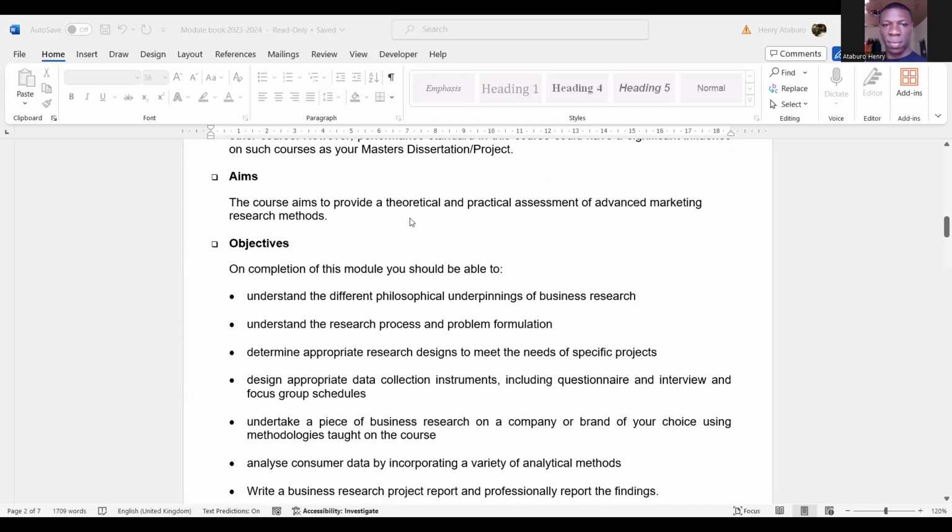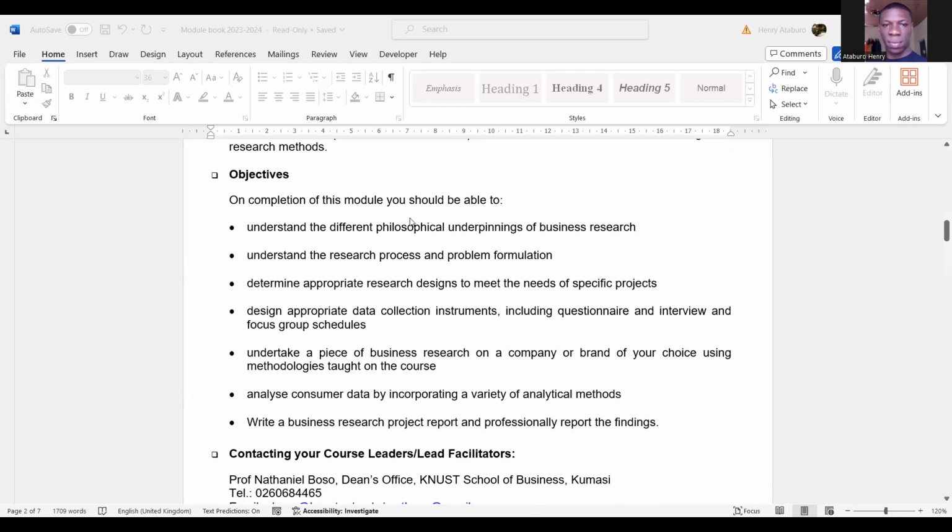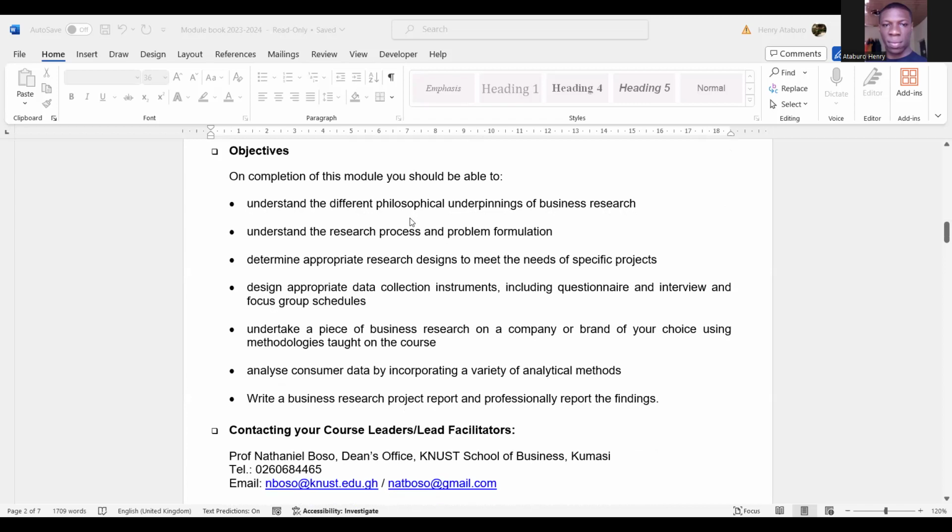The aim is to provide a theoretical and practical assessment of advanced marketing research methods, which has been established. So these are some of the objectives we expect our students to get at the end of the day, to understand the different philosophical underpinnings of business research, understand research process and problem formulation,